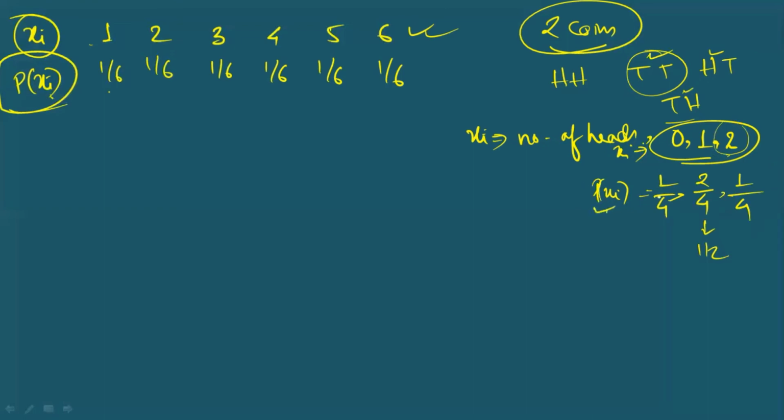So this is the probability distribution corresponding to each random variable, which is discrete. Clear? So this is what discrete probability distribution means. That means the probability is distributed in a discrete manner. Means the values are discrete, because here you're saying it's 1 by 4, 1 by 2, and then 1 by 4. So these are discrete values of probability. So this is discrete probability distribution. Clear?